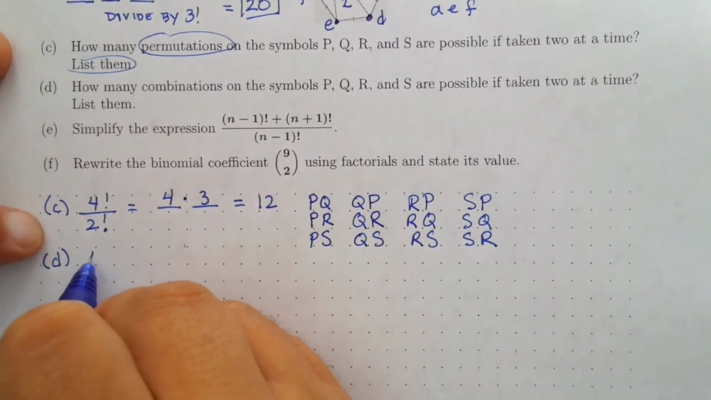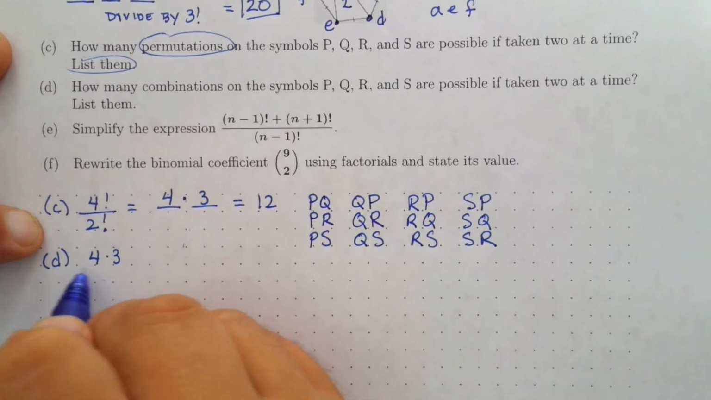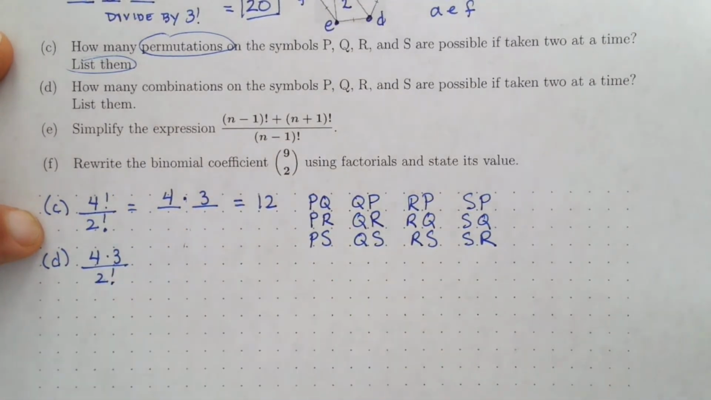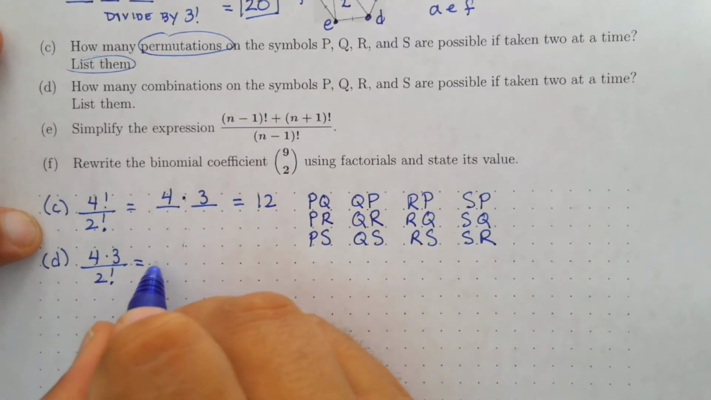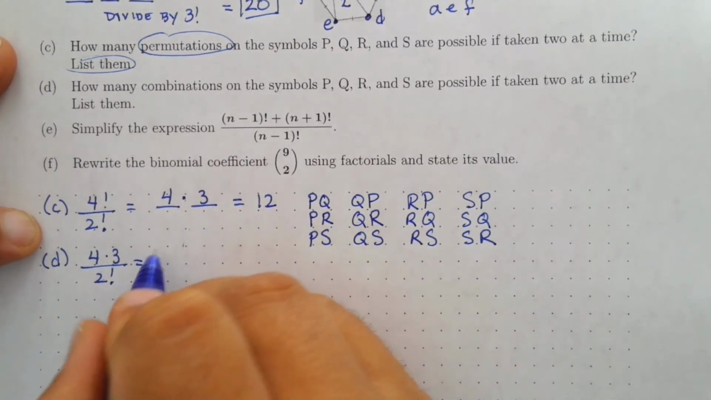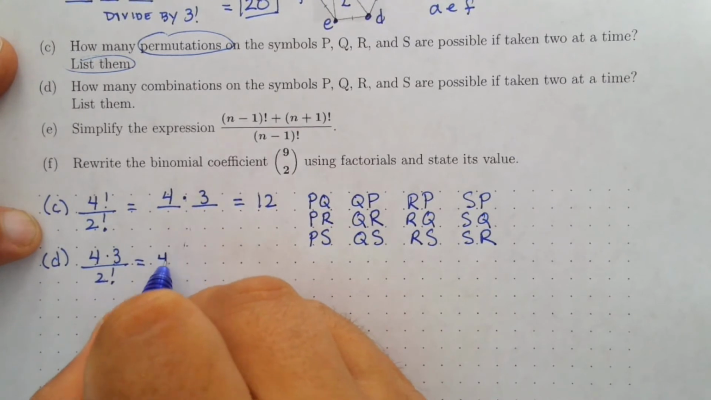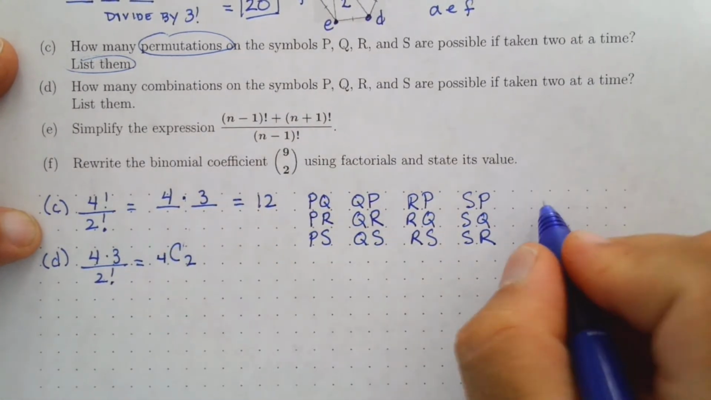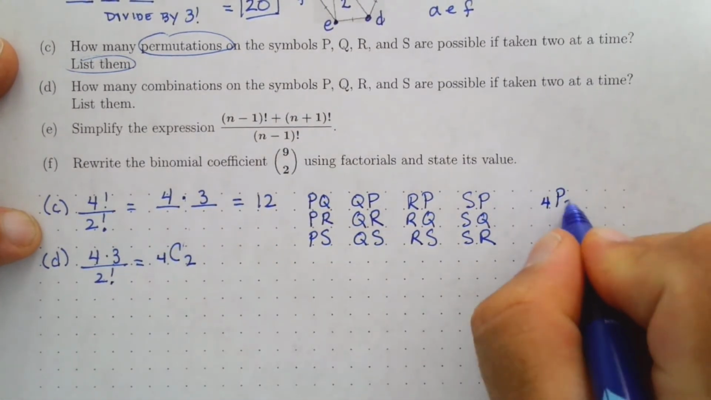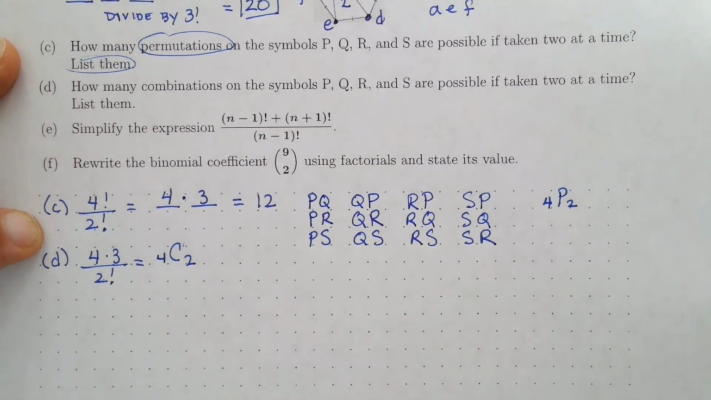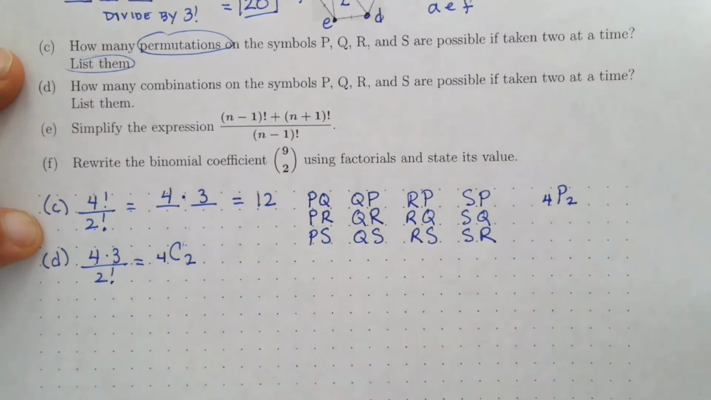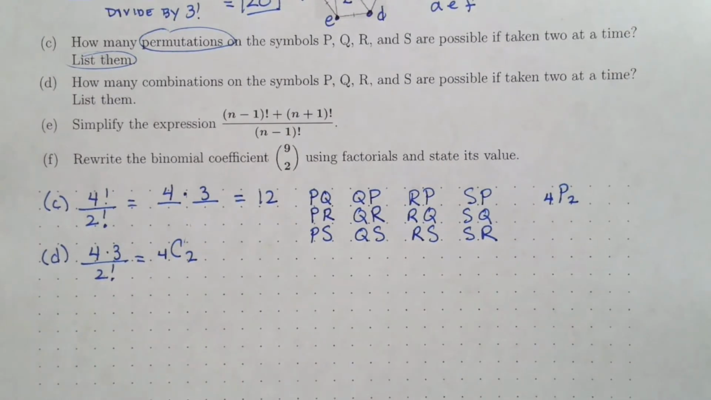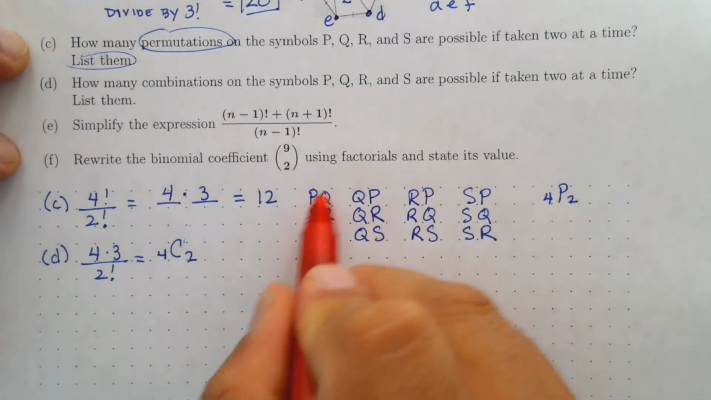Then I would say, hey, 4 times 3, but then the ways I could organize that, which is divided by 2 factorial, which is the same thing as 4 choose 2. Well, this one up here would be 4 permutation 2. Right? Now, my 4 choose 2, if I'm working with this environment, I can say, well, P and Q, Q